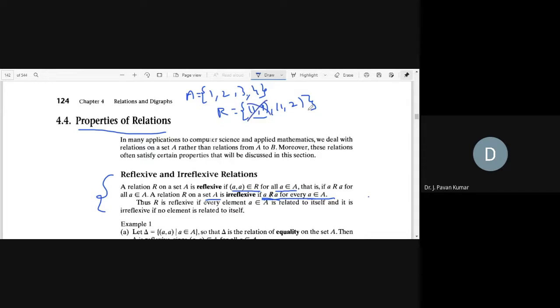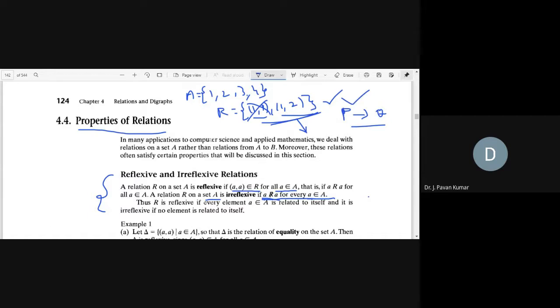If you have a relation like (1,2), it is not reflexive, so the first condition is satisfied. Now we have to show, that is p implies q, we have to show p is true. Now what we have to claim is that it is not irreflexive as well. But it is irreflexive. For every a belongs to A, a is not related to itself, so we can consider it as irreflexive. Got my point?